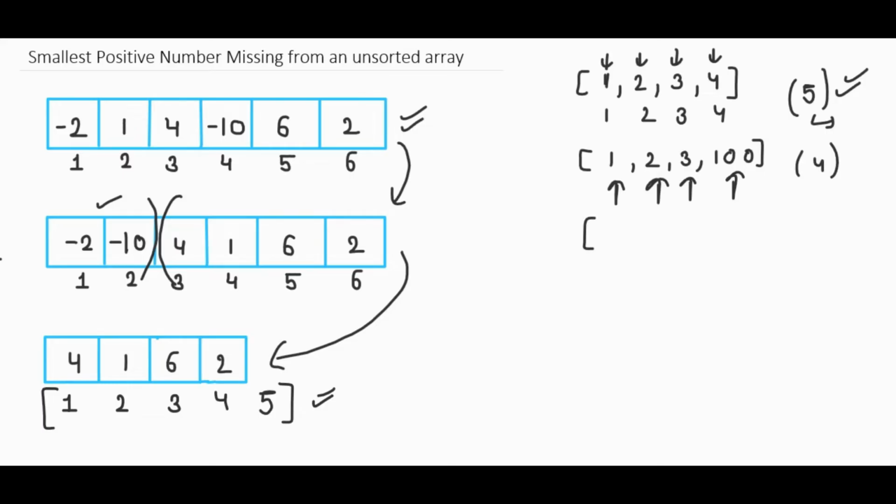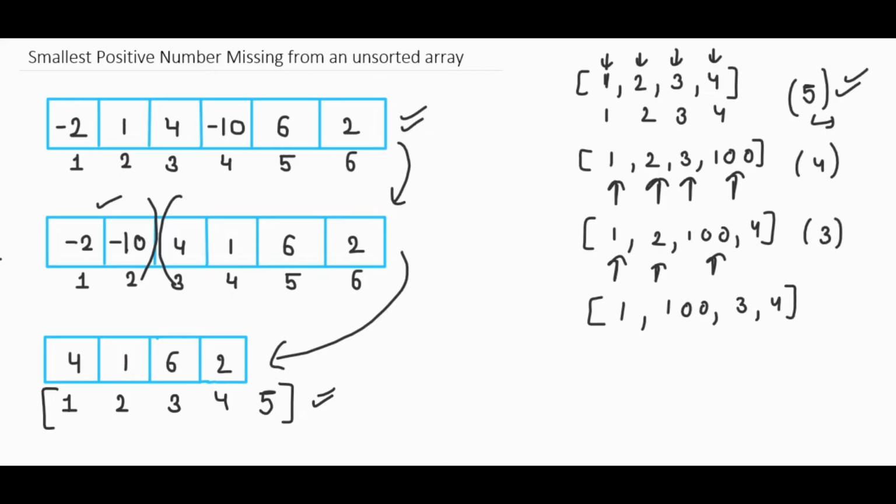Now let's consider another example. It will have 1, 2, 100 and 4. Okay. In this example, we have 1, we have 2, but we don't have 3, right? So the answer will be 3. Same as follows. As if we have 1, we don't have 2, we have 3, we have 4. Okay. And we can have any number here. We don't need 3 and 4 to be present. So the answer for this array will be, we have 1, we don't have 2. So the answer will be 2.